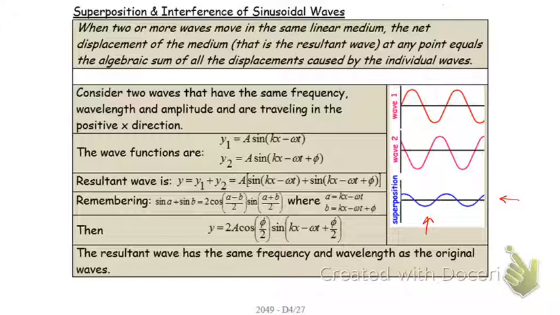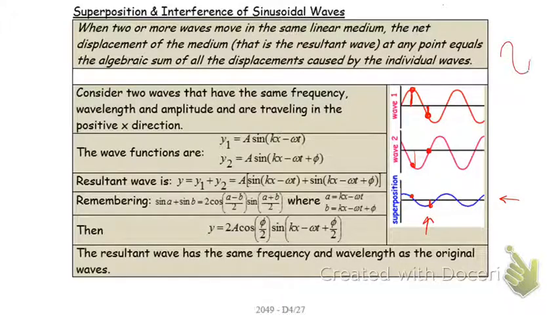So imagine the first wave is giving me a point like that, my y displacement. And the second wave is giving me a point like that, 0. You add those two up, and you get that negative. And where I've got a maximum there, well, I don't have quite a maximum there, it's a bit to one side, so I end up with just a little positive. You can see the extremes, can't you?